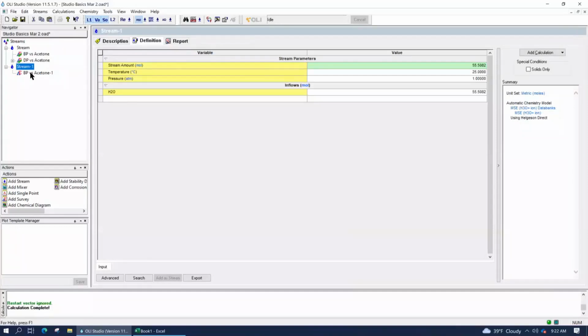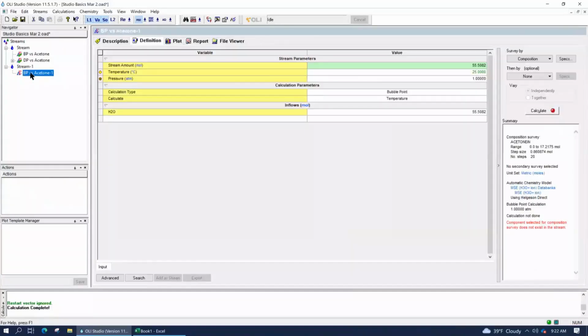But there's a catch though. Notice that the acetone is not built in there. That's because the chemistry is not pasted over, only the specifications. So copy and paste at the calculation level brings in your calculation specifications. The chemistry is not assumed.